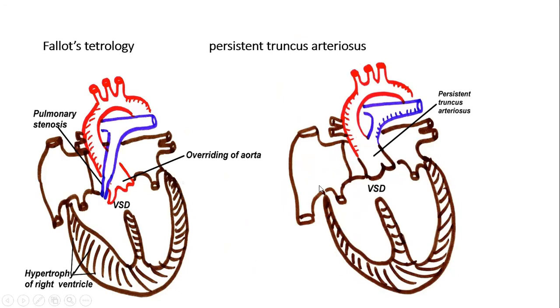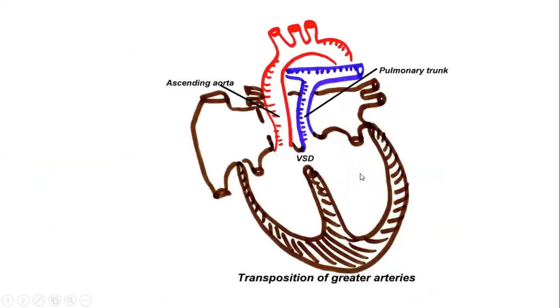Before, we studied the atrial septal defects, ASDs. Now we are talking about the ventricular septal defects, VSDs. One is Fallot's tetralogy, the most important, where there are 4 signs with which you can identify. Then we have the persistent truncus arteriosus, where there is communication between the pulmonary trunk and the aorta. Then sometimes there is something called transposition of the great arteries.